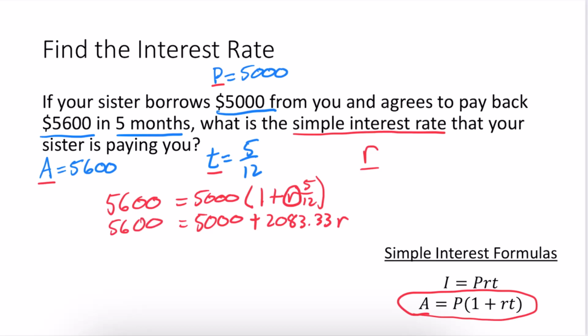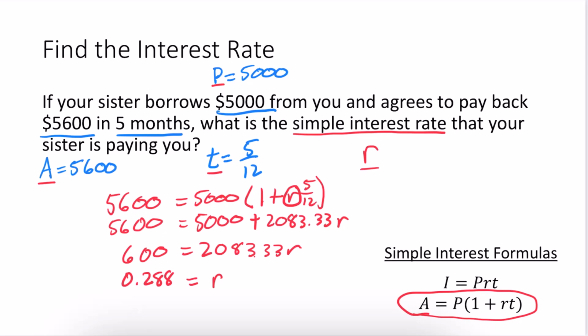So to solve for R, I'm going to subtract 5,000 from both sides. And that gives me 600 equals 2,083.33 times R. And then to finish solving this, I'm going to divide both sides by the 2,083.33. And when I do that, it looks like I end up with R equals 0.288, which tells us that the simple interest rate that your sister is paying you is